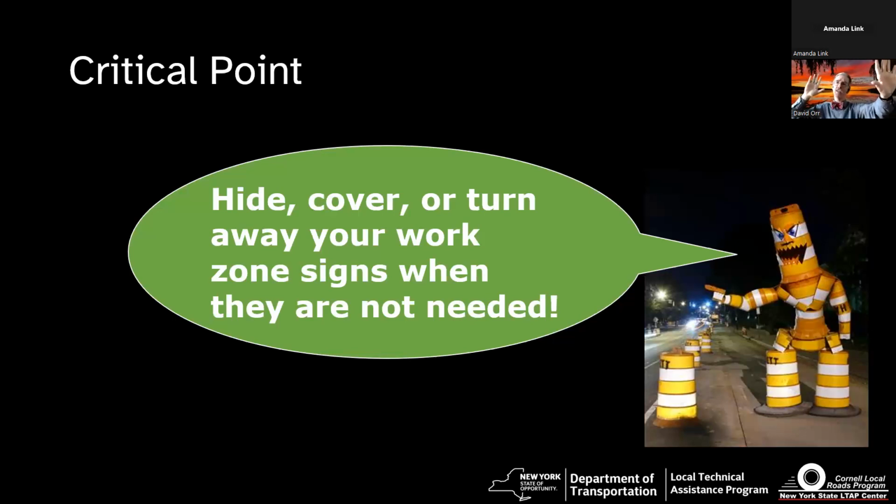But what you want to think about is taking the second and third signs and turning them. Just turn them 90 degrees. It actually gives the public good information because they see there's a work zone sign, but the rest are turned. There's still people here. I got to pay attention, but they're not actually working in the lane. And by doing that, we give a better job of communicating. But if you come across a sign that says flagger ahead and there's no flagger, what do you do the next time you see a flagger ahead sign? Yeah, you keep driving. So cover those signs when they're not needed, turn them, put them down, whatever technique works, make sure the public doesn't get confused.